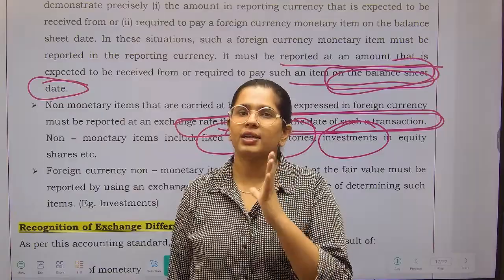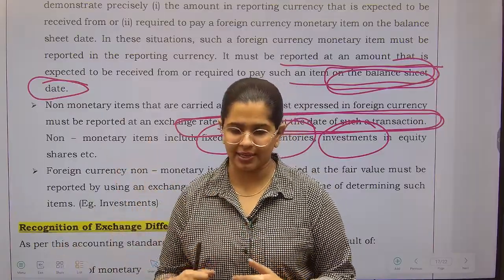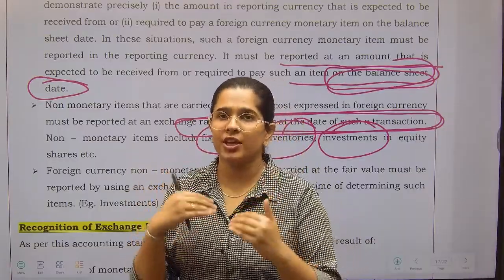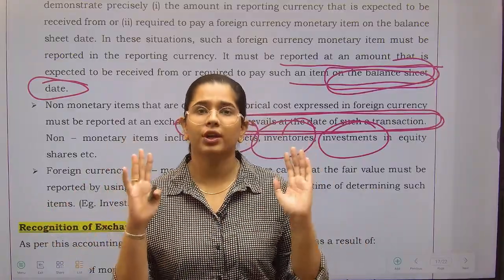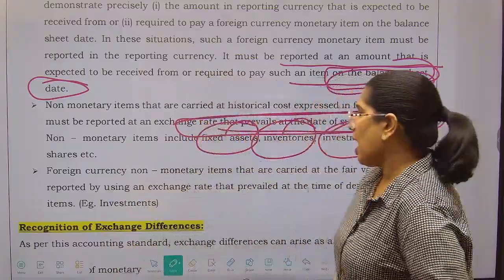there is a concept of conservatism and it says that if you can foresee a loss, please recognize it. तो अगर मुझे दिख रहा है आंखों के सामने नुकसान, now the exchange rate has increased or decreased or whatever has happened, I have to recognize it, right? मुझे उसको identity देनी पड़ेगी. Now after that,